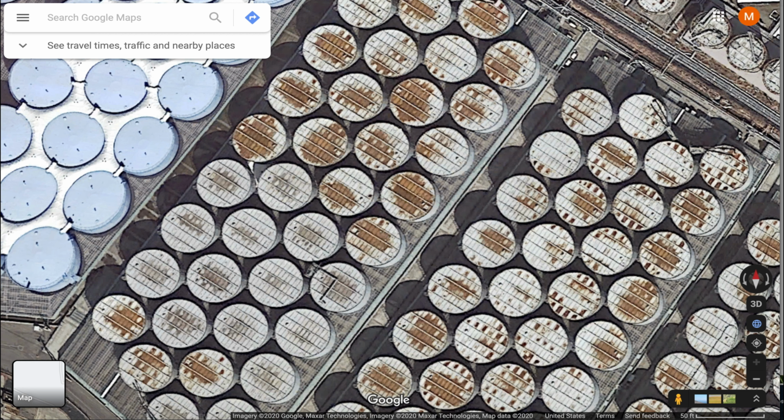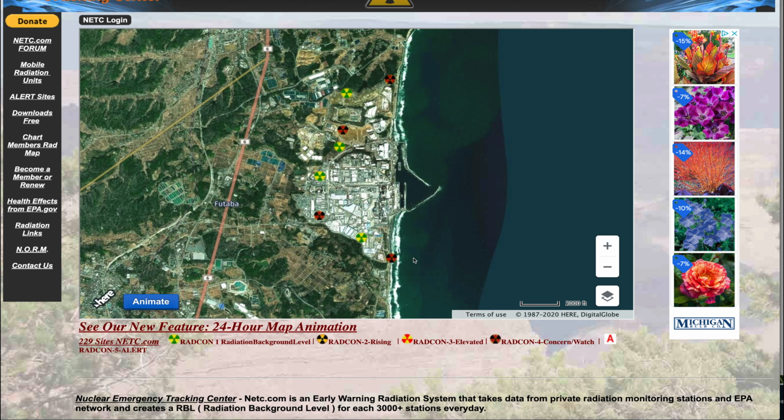Now check this out. Right now it's in red, which is the RADCON 4. We have a concern watch level at Fukushima. Now, I was going to do this yesterday, but I couldn't, and these were not red. Just this one had the spike. But if you look at these readings right here,